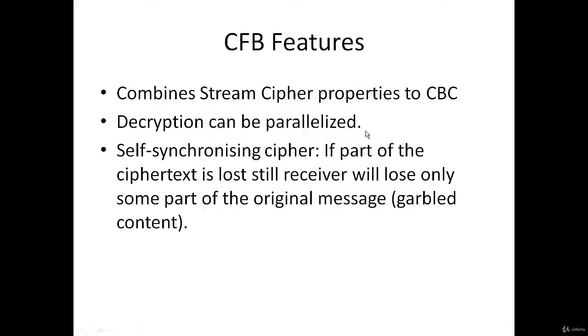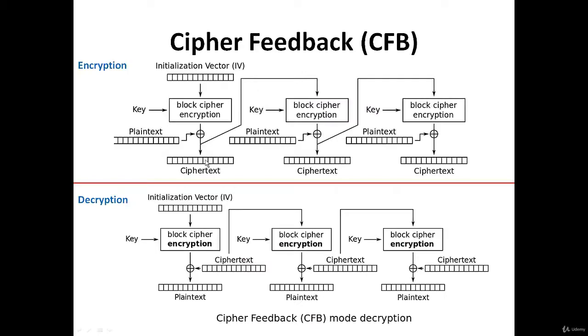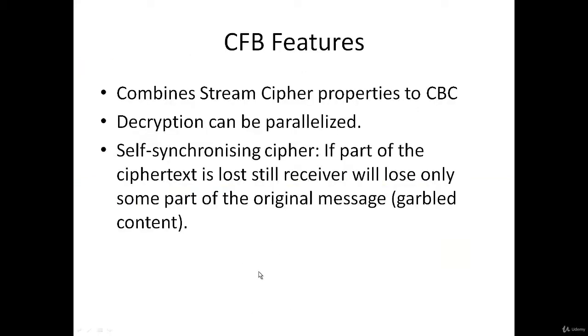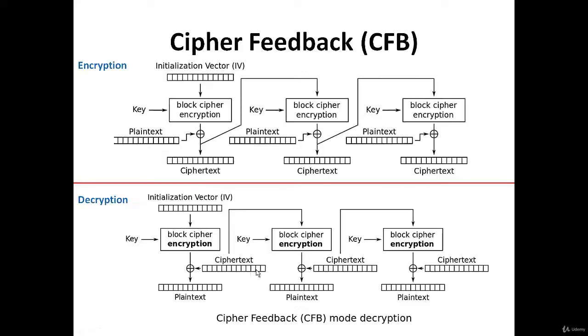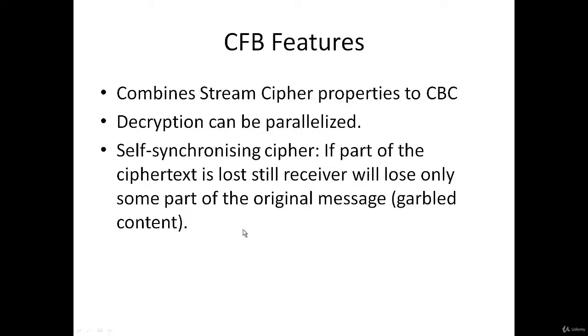It means that if a part of the ciphertext is lost somewhere, the remaining can still be recovered, because, as you can see, the information is given in the bits and the initialization vector is there. If anything goes wrong in any particular part, because at times a part of the ciphertext can be lost due to transmission error, in spite of that loss you can recover part of the information here.